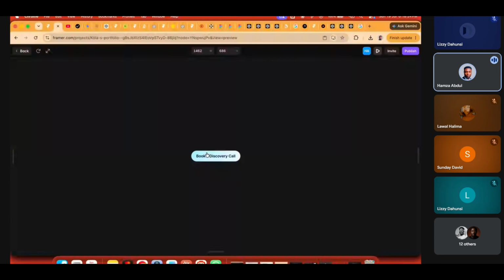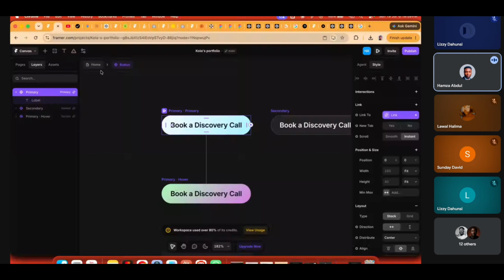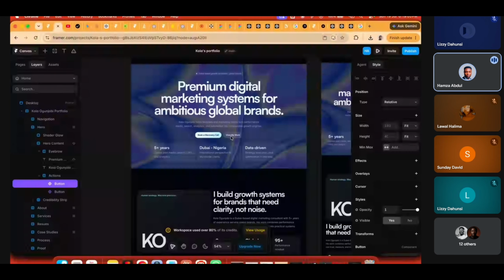But one interesting thing that you can do is that instead of me doing this color change over here, I could have just come here to chat with it and tell it, okay, go and change that button color. Go and change that text. Okay, let's do an example now.